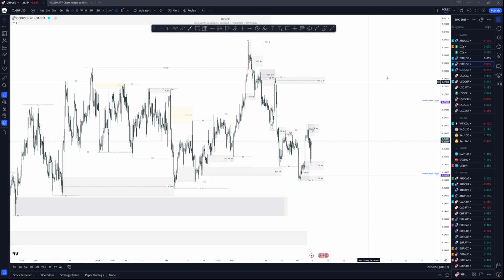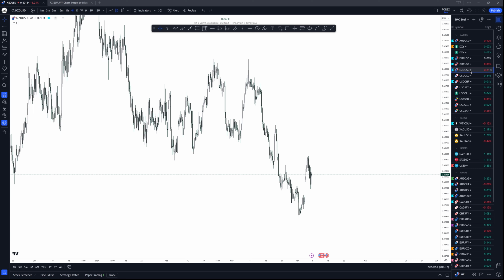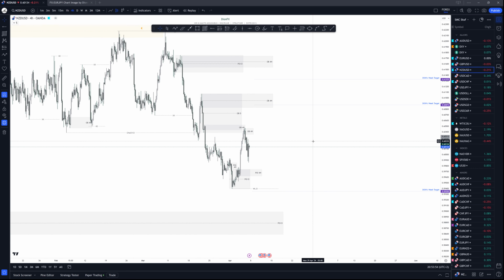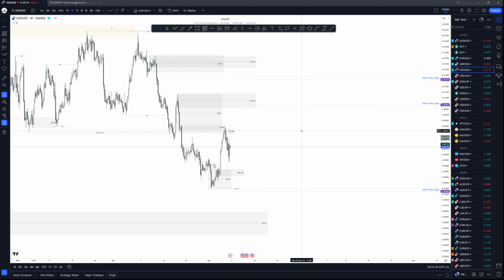Very simple, straightforward. For NZDUSD, it's similar to EURUSD and pound USD, but I favor NZDUSD longs more than EURUSD, pound USD and also AUDUSD. I would like to see price either go up one more time and then drop, and from here look to buy it, and then from these levels I'll look to sell the market to the downside.